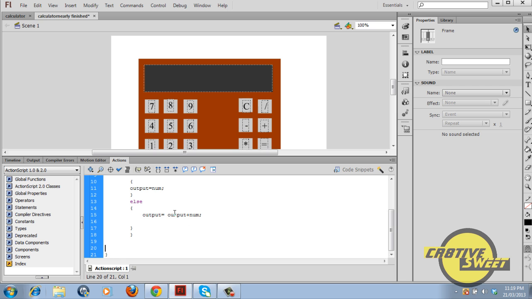again, else if open bracket except equal sign quotation new quotation close bracket open parenthesis output equals num semicolon except equals quotation mark calc text quotation mark semicolon close parenthesis again